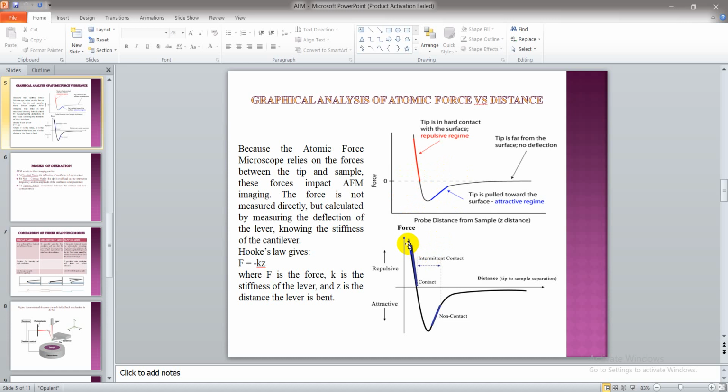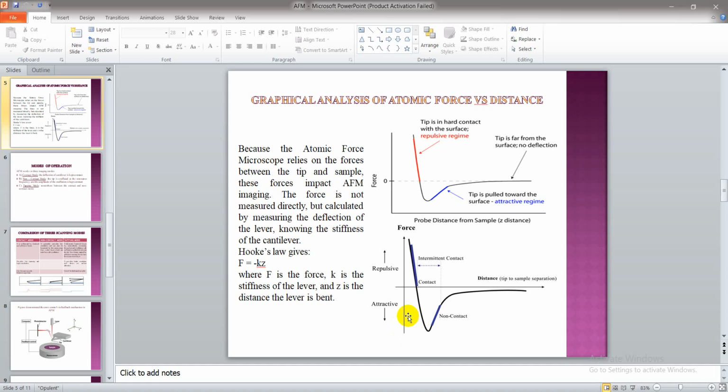Now we can analyze this graph, the below graph. This is contact mode. From here we start with the non-contact mode, and in between contact and non-contact mode we have intermittent mode. We used to prefer to analyze the behavior of our samples with the help of this intermittent mode, which is known as tapping mode. We don't prefer contact mode, as we studied that it makes our sample rough. We don't prefer non-contact mode because we don't get exact behavior. We prefer intermittent mode, wherein the tip comes in contact with the sample, immediately goes up, comes in contact with the sample, goes up, goes down, goes up, and so on.